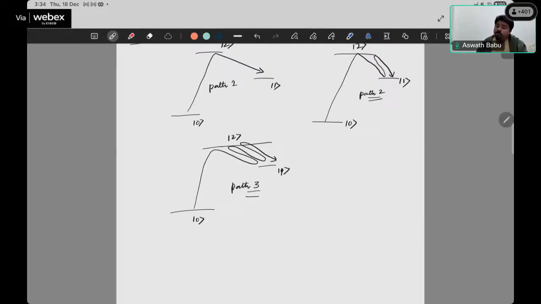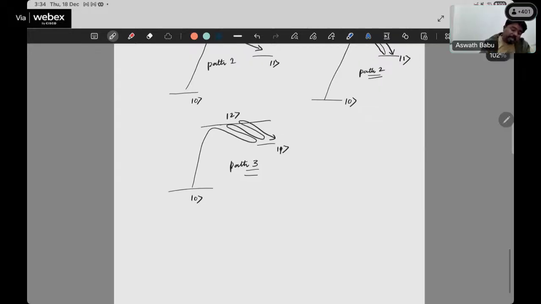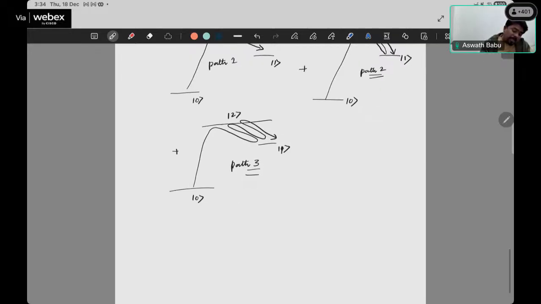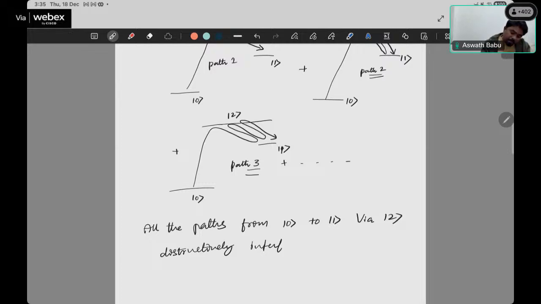So when they're all fighting, we will say all the paths from 0 to 1 via 2 destructively interfere. That is called quantum interference for you,